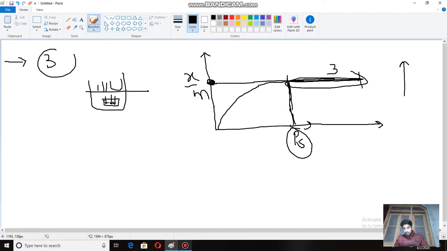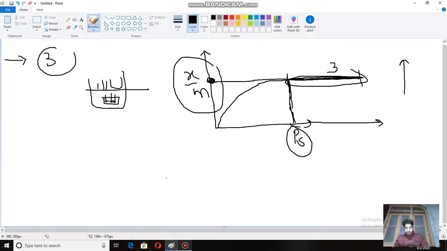As the graph between P and x by m is a constant line, that means x by m is directly proportional to P raised to the power 0, because if we increase pressure, this x by m will not change. That means x by m